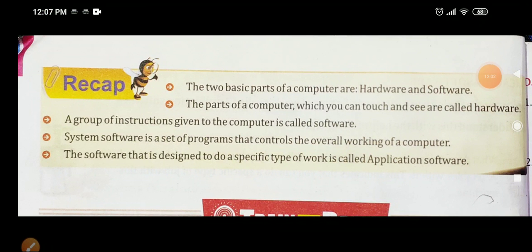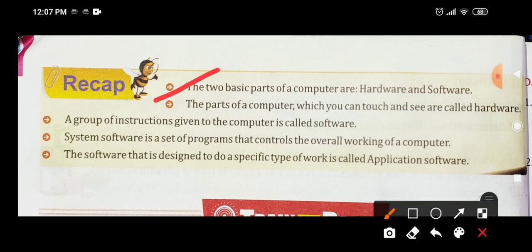Now let us read the recap of what we have done in this chapter. The two basic parts of a computer are hardware and software. The parts of computer which can be touched and seen are called hardware. A group of instructions given to the computer is called software.